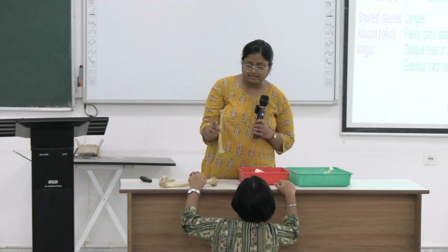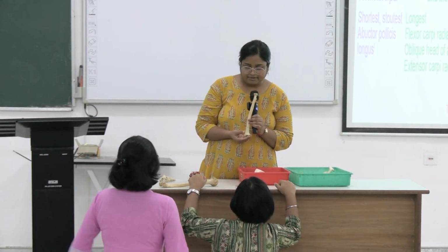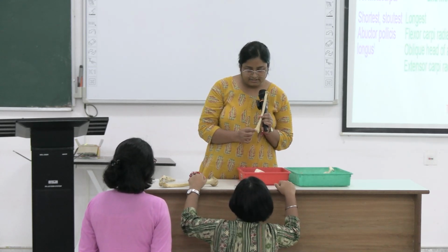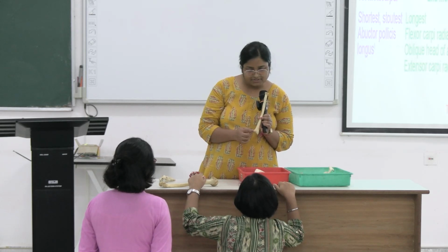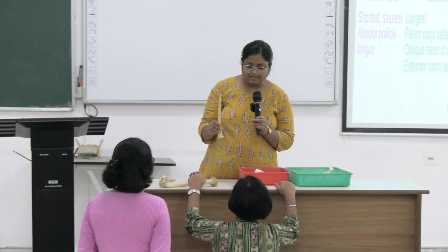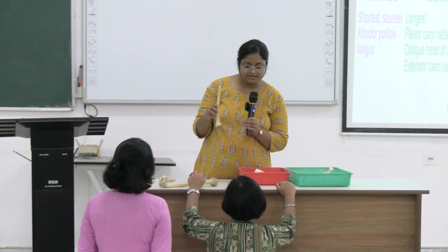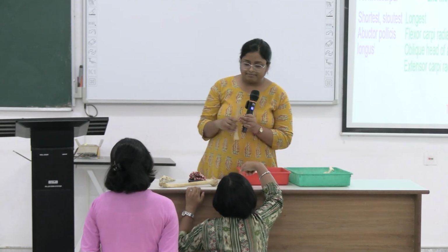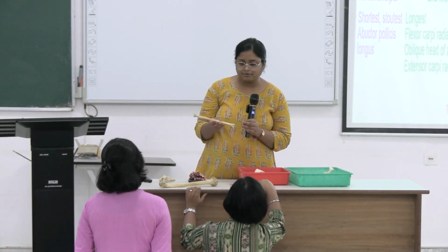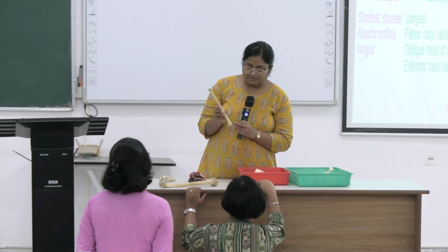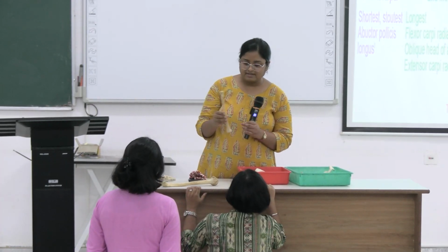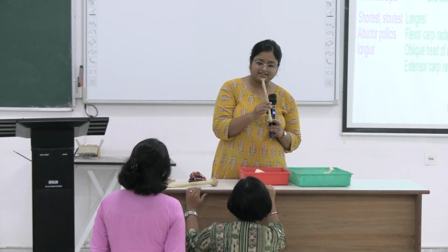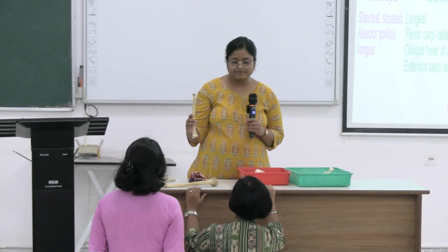Radius is like this. The head will be above, the broad part below, and the styloid process laterally, and the dorsal tubercle of Lister will be posteriorly placed. So this will be the anatomical position, with the interosseous border medial. If you place it in anatomical position, it will automatically go to its own side. Note this point: if you hold it this way, the interosseous border is medial but the dorsal tubercle is anterior. So we hold it with the tubercle posterior, so it is a bone of the right side.